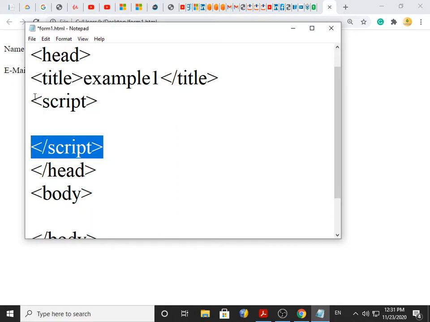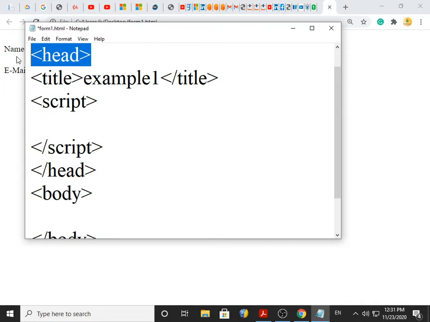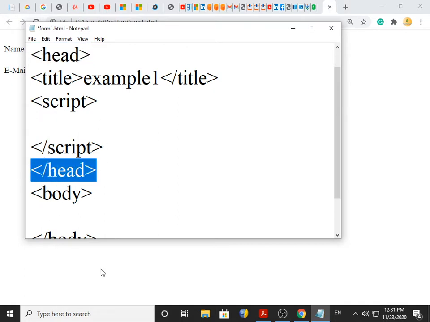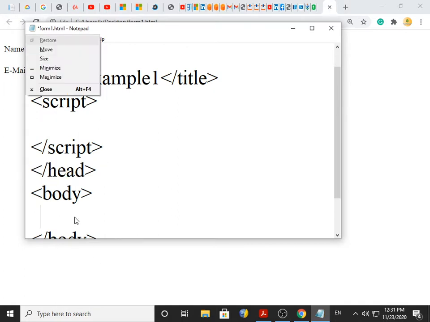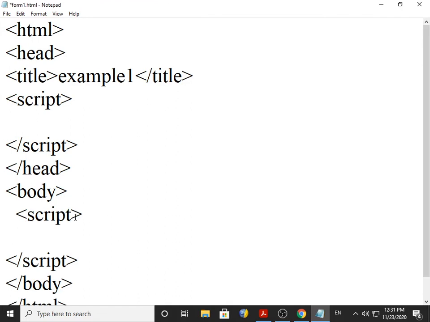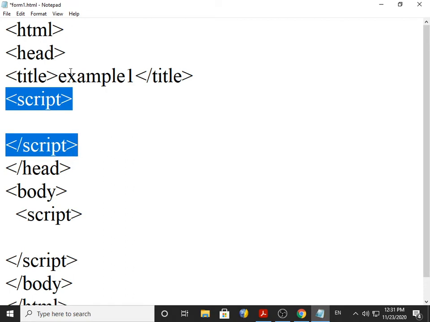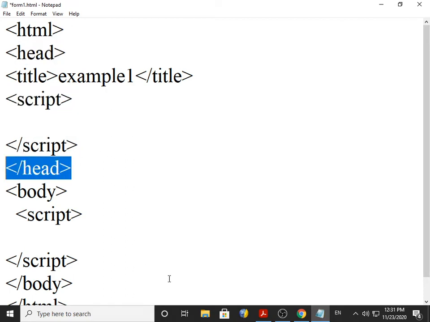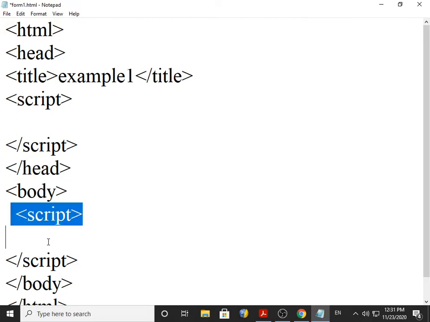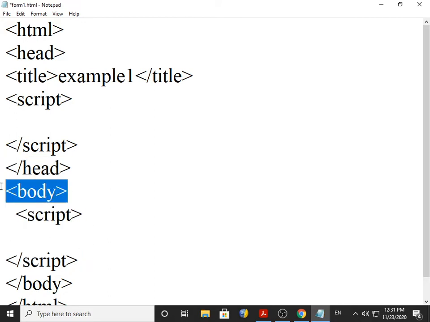And script and slash script you can put between head and slash head also, and you can put it between body and slash body also. I repeat, script and slash script you can put between head and slash head, and between body and slash body also.